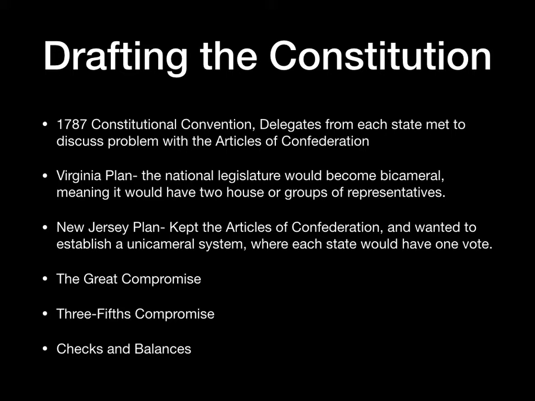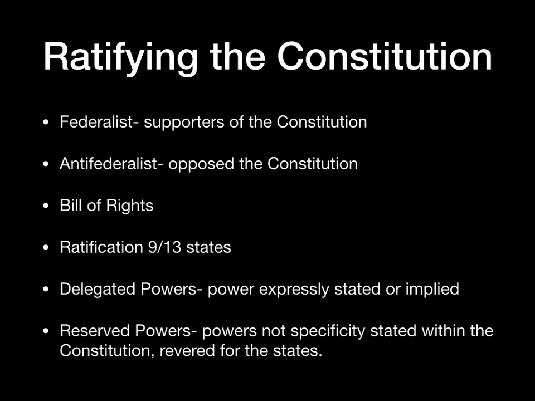Each has its own power. No one branch of government can become too powerful. And this is supposed to protect our government from becoming tyrannical, from taking over and abusing power. Keep one branch from abusing its power. And so they put together this Constitution, but it's time to get it ratified.